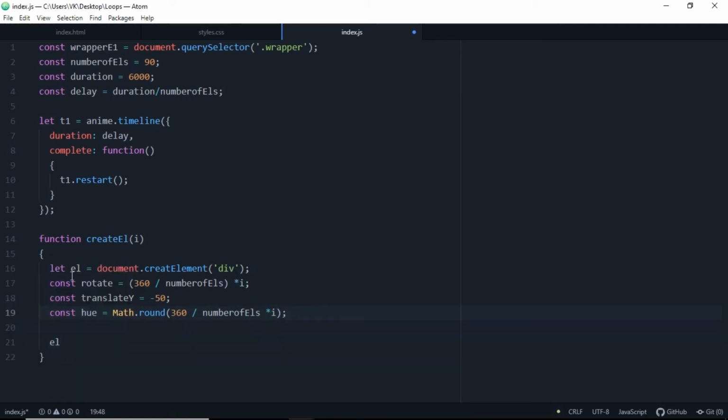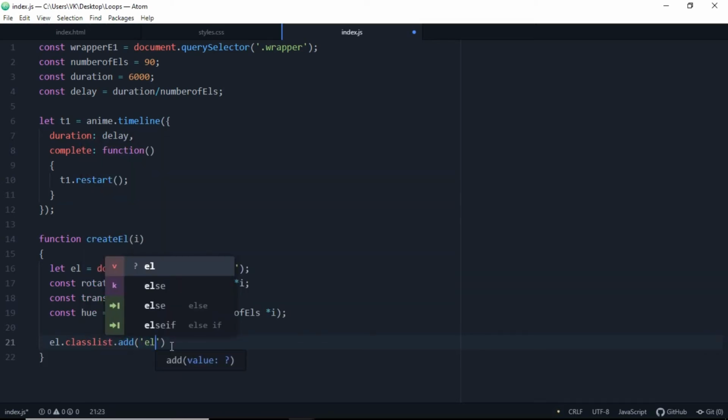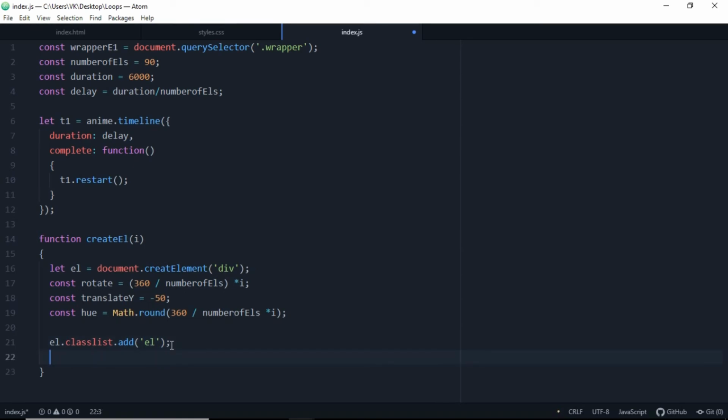So you have this EL here, which is a div. So we are going to add some class to it. el.classList.add, we are going to add a class to that div with the help of JavaScript, and the name of the class will be EL, and we're going to add some styling to it. So we are styling the EL here. el.style.backgroundColor is equal to, let's make it black color.